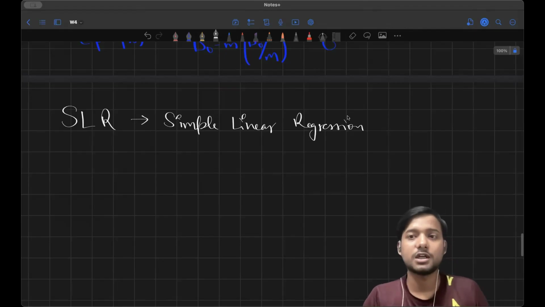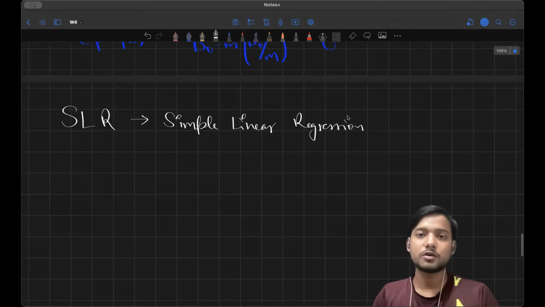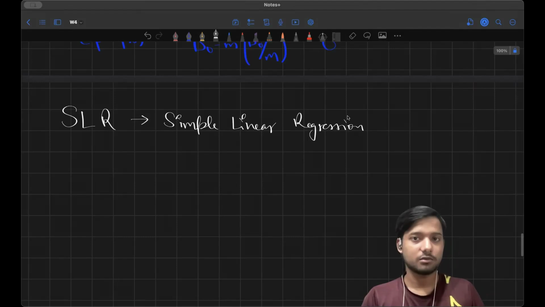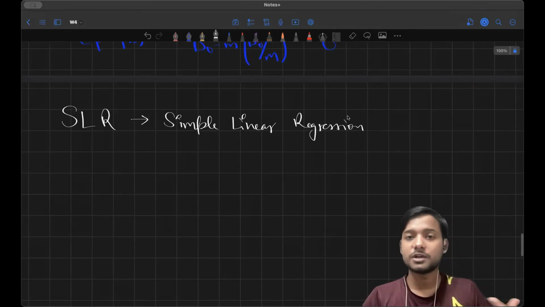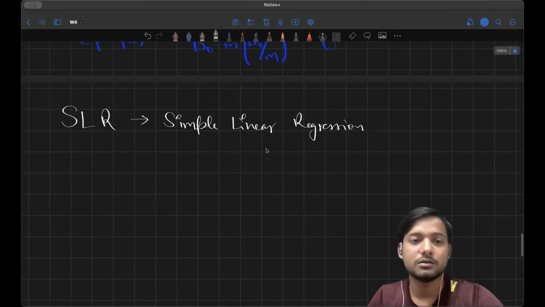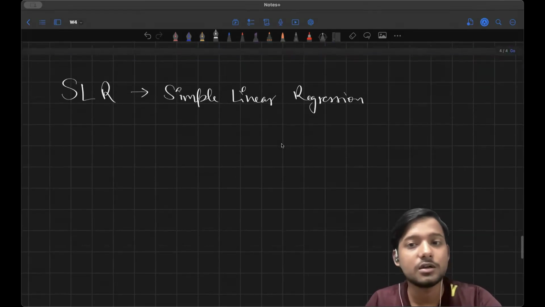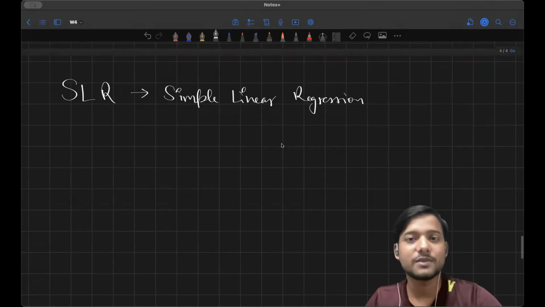If you have already taken the machine learning foundation course, you would already be familiar with the word regression, right? Regression is a type of machine learning technique which we use to predict something. And most of the time, it has to be a continuous variable. So whenever you want to do any type of prediction where we are dealing with a continuous variable, then we use regression. So that is why this is called simple linear regression, because we are going to predict something,